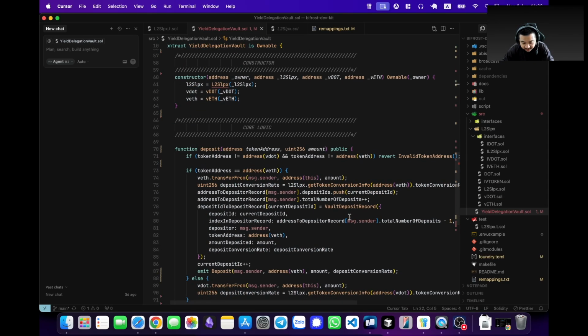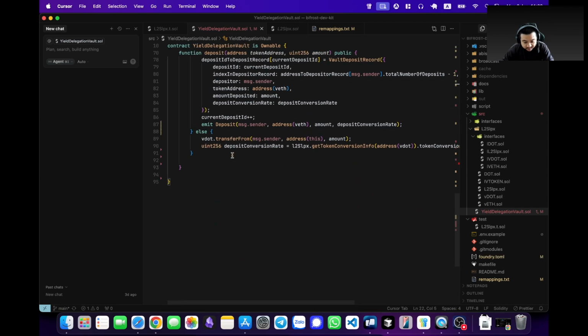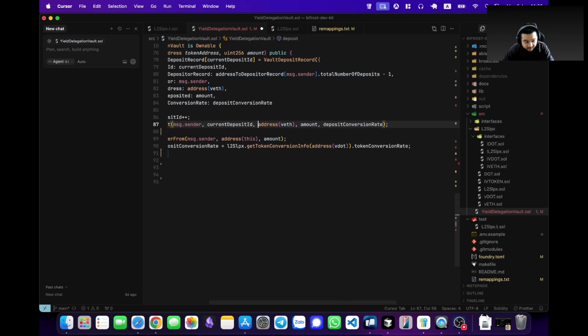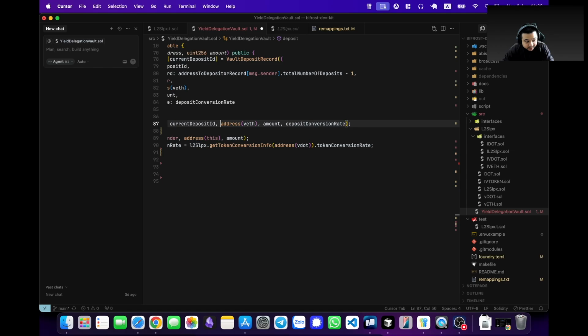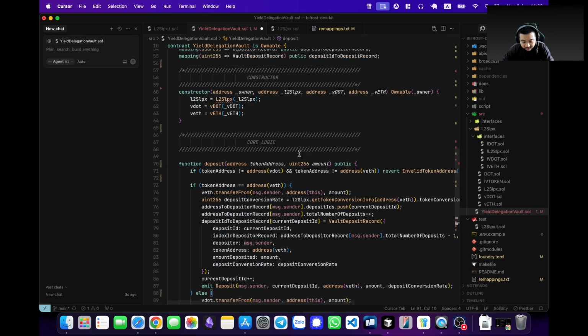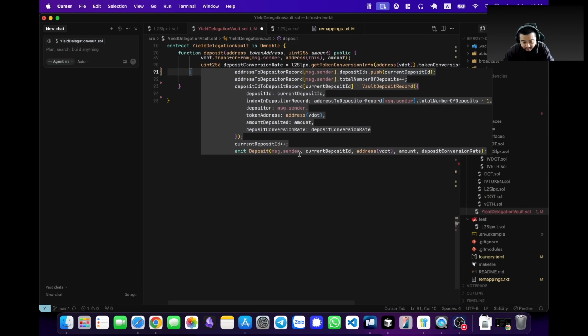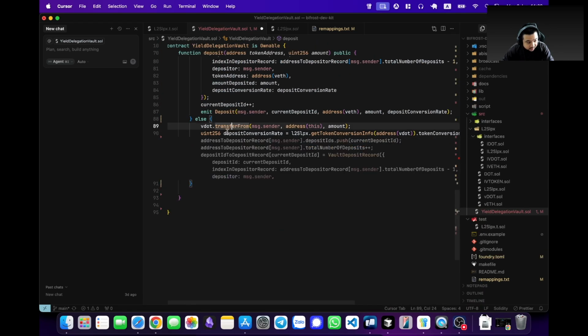So we got a deposit event. Okay, so this one you got current deposit ID, you got the address, you get amount, deposit conversion rate. Boom, done. Is there any errors somewhere? No. Okay, good. So now, instead of using else,